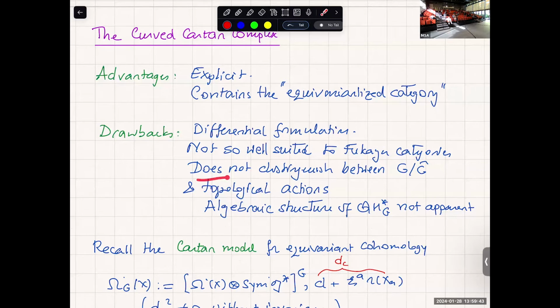The other drawback is that it does not distinguish between the infinitesimally trivialized action, the G mod G hat action, and the topological action. Because of that, it looks a little more complicated than it needs to be. You need to lose a bit of information to get to what you really want to compute. But if you input a good category, your topological trivialized action, and you have a differential presentation, it will compute the